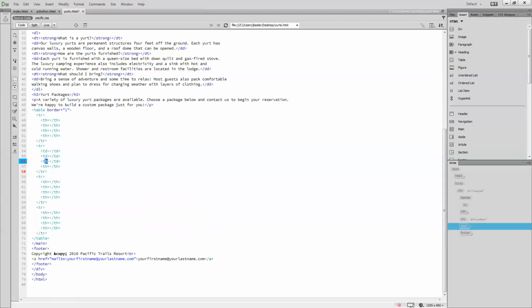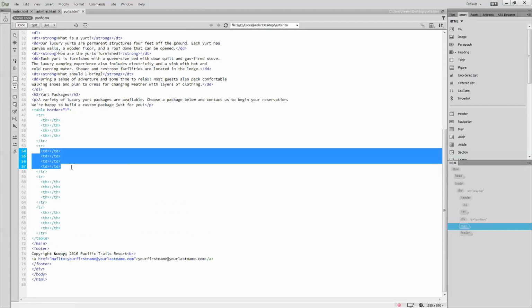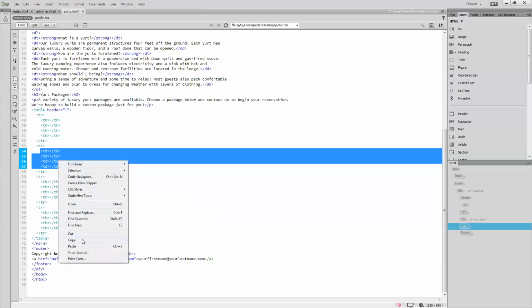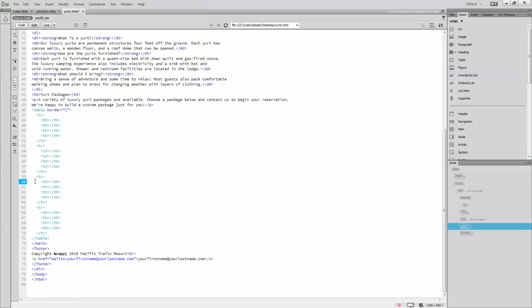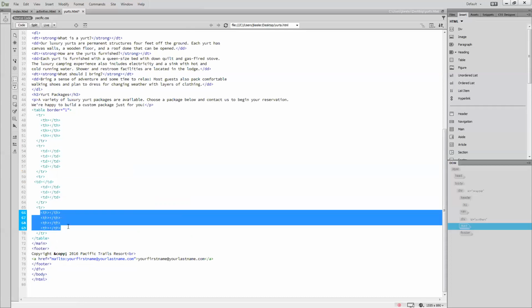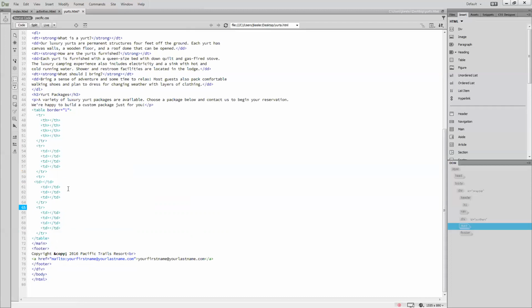Table data, table data, table data. Only the first row has the table headings. So I'm going to grab these and I'm going to replace these. There we go. Okay. So I've got 1, 2, 3, 4 rows, and I've got 4 columns in each row,